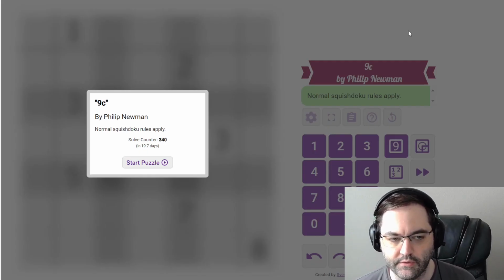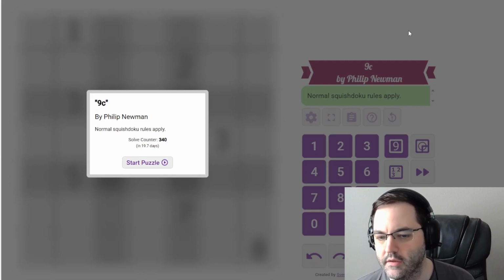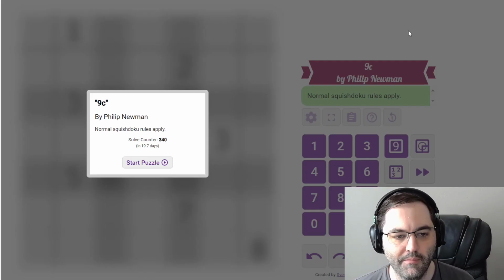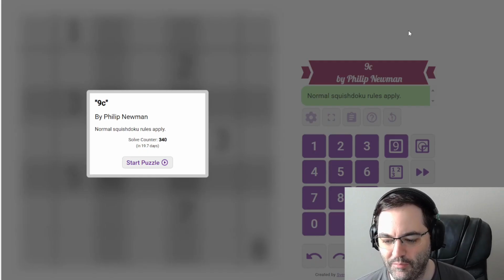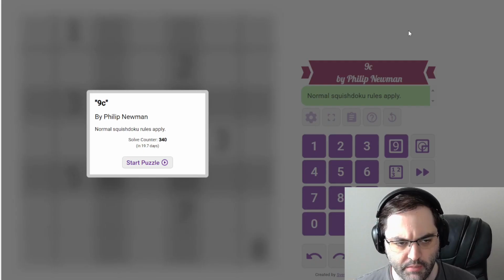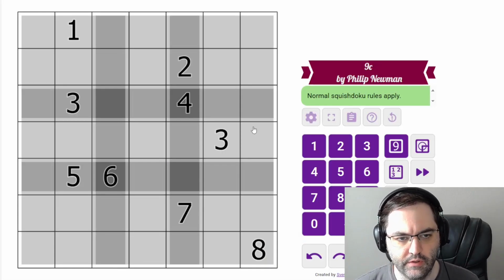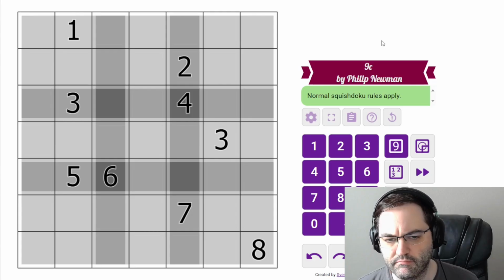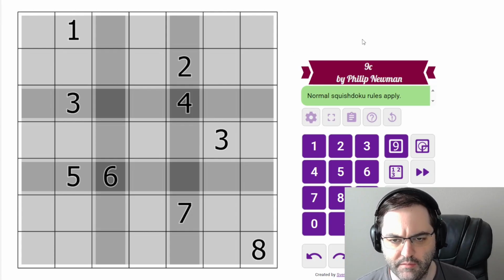The second puzzle is another Squishdoku that I made that is a little bit trickier. I know, seeing some of the postings on Discord and solve videos, it wrecked a lot of people. So hopefully I can explain the thought process for solving it. But this first one, the 9-given puzzle, is not too difficult. It's on the same level as the GAS I posted, maybe a little trickier. Anyway,